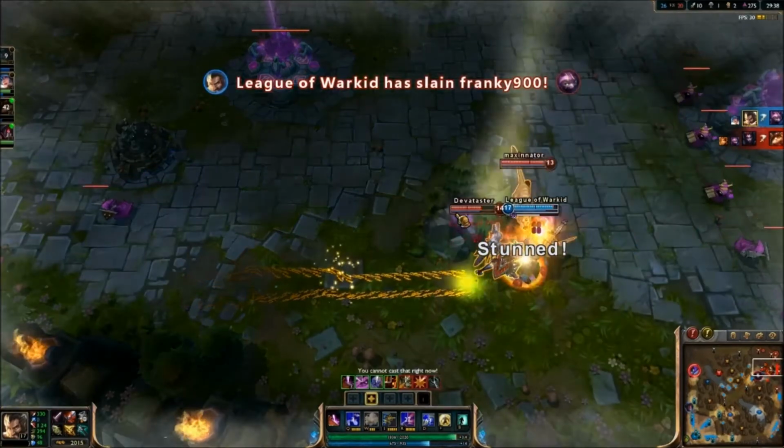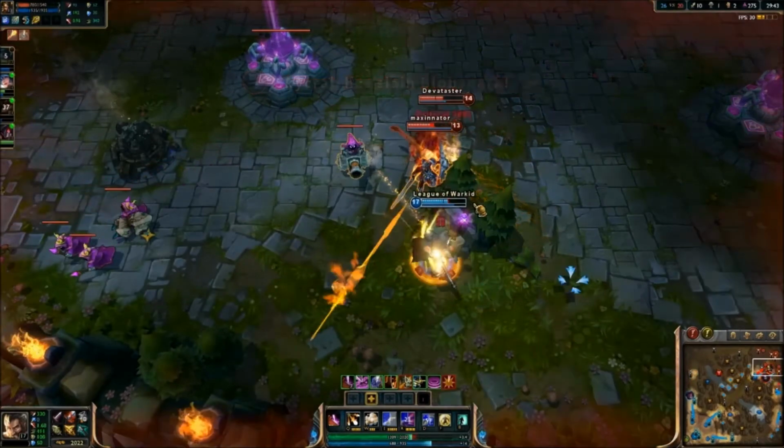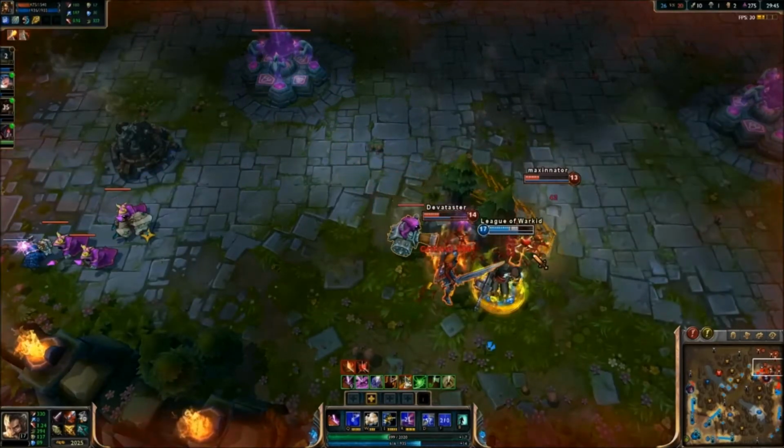Alright, so right now I'm just kiting. She just flash Q me. And I'm playing Ring Around the Rosie with them right now. If I would have dodged that E,